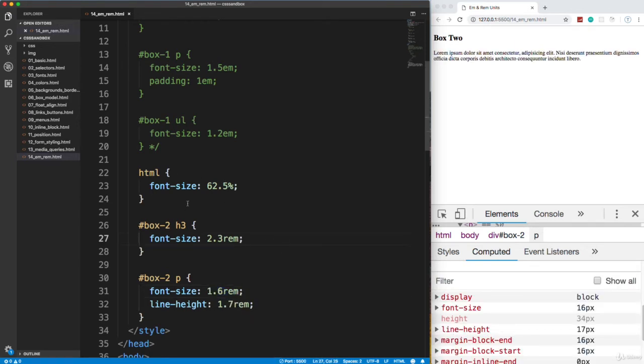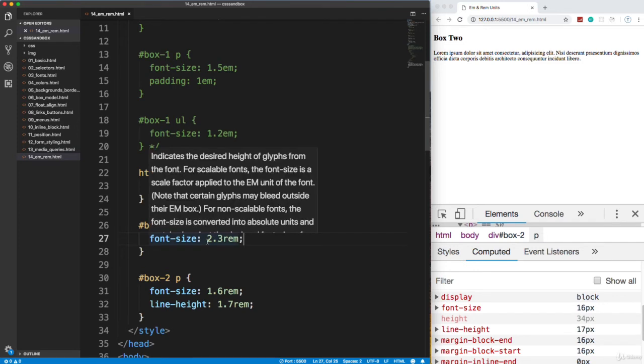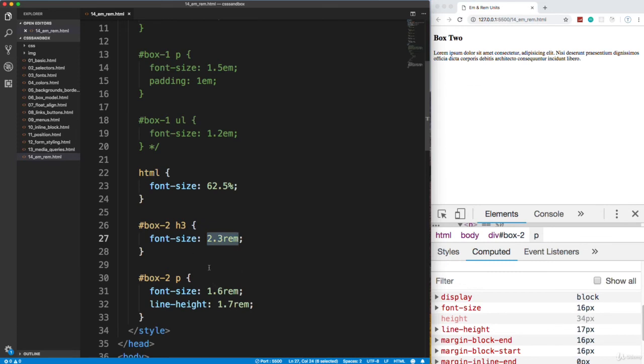I tend to leave the HTML at 16 pixels and just eyeball things rather than being so exact. If you're taking an actual design from Photoshop or something, and the pixels need to be exact, then you might want to do it this way. You might want to set it to 62.5% so that you know exactly how many pixels you're adding to padding and all that. For me, I do a lot of my designs just by eyeballing it, just by doing the HTML and CSS, not actually copying an exact design. So I'll usually leave the